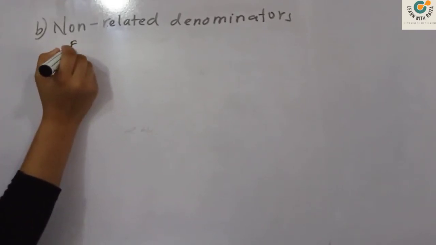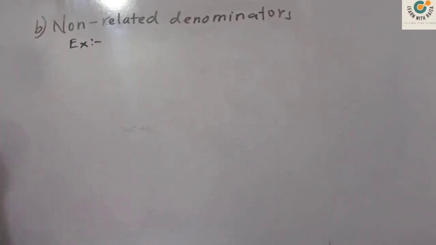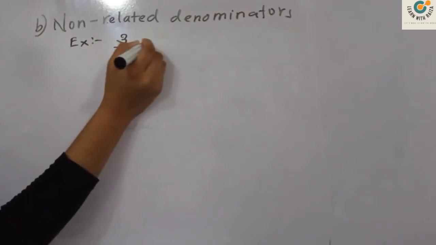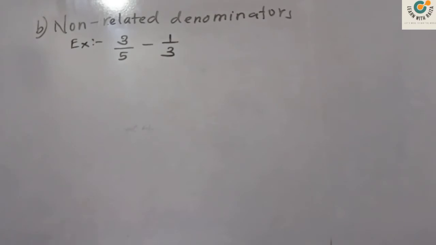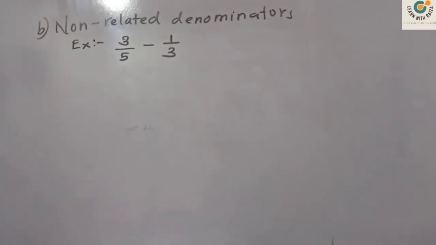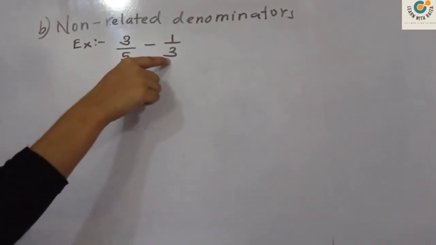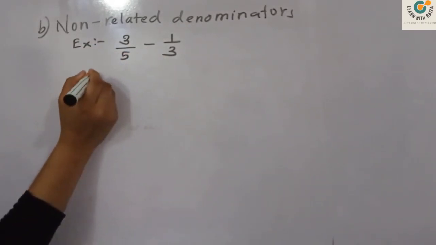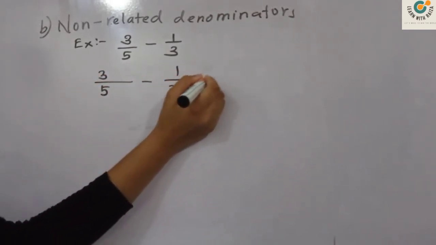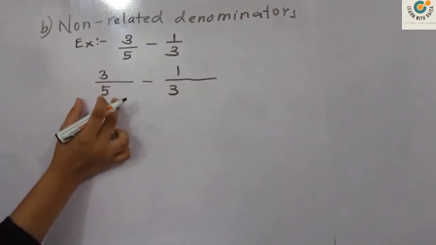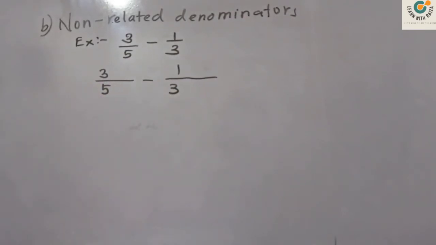Similarly, now let's go into a subtraction. Right, well, I'll consider two fractions, 3 over 5 minus 1 over 3. Right, now when you see the denominators, they are not related, they are unrelated. So we call them non-related denominators because you can't find the larger number 5 in the family of 3. So LCM once again. What is the least common multiple you can see in both the 3 times table and the 5 times table?